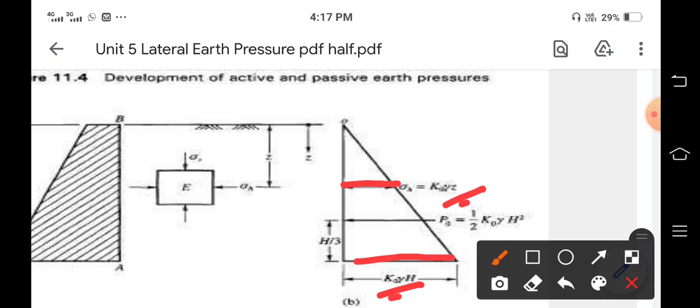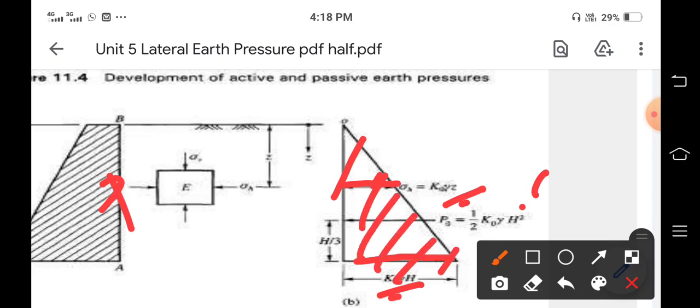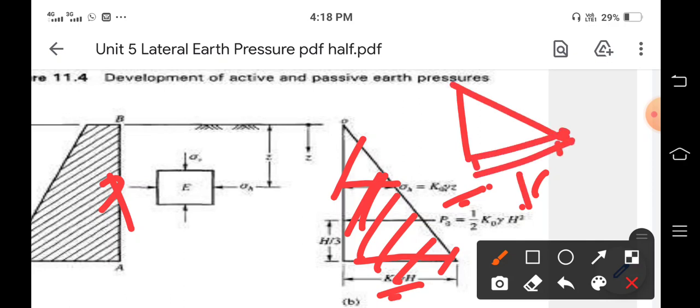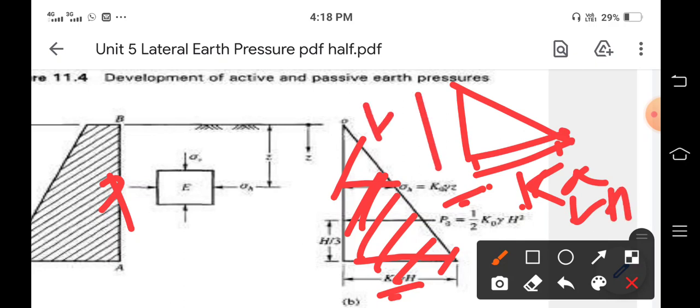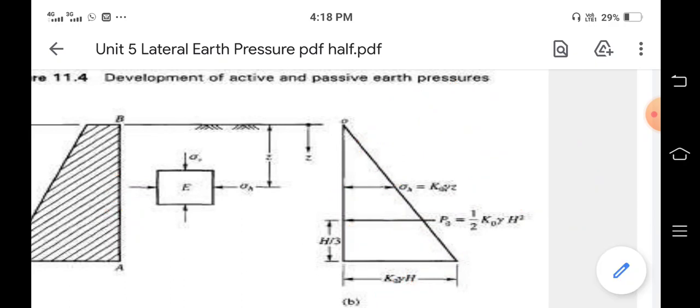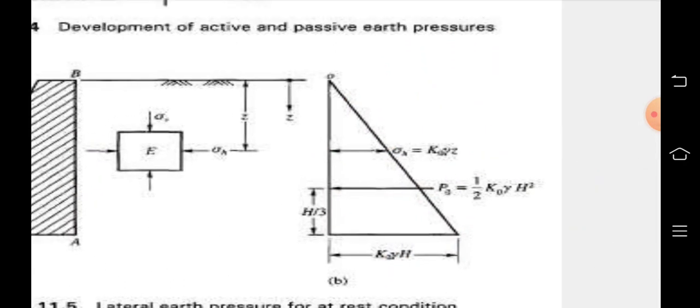मग आपल्याला जर टोटल अर्थ प्रेशर ॲट रेस्ट काढायचं आहे आपल्याला, तर कसं काढणार आहे. प्रेशर म्हणजे काय असतं, प्रेशर काढायचं त्याच्यासाठी काय करावं लागेल आपल्याला, ह्या होल सेक्शनचा आपल्याला काय काढावं लागेल, एरिया काढावं लागेल. मग याचा एरिया काय येईल, ह्या ट्रायंगलचा बेसला व्हॅल्यू किती आहे Ka गॅमा एच आणि याची टोटल हाईट किती आहे एच. या ट्रायंगलचा एरिया काय असतो 1/2 बेस इंटू हाईट, दॅट इज 1/2 Ka गॅमा एच इंटू टोटल